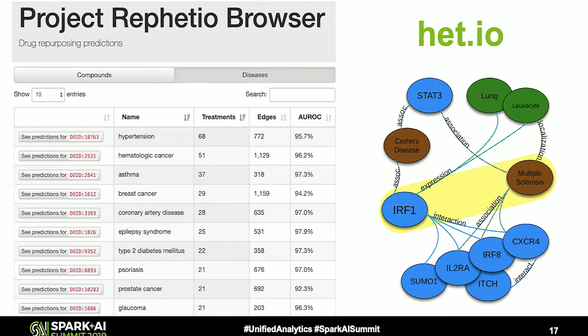But what they're able to do using link prediction is to follow the secondary, the tertiary paths and try to estimate that this gene may actually have some influence on multiple sclerosis. Very interesting, but it also means that the drugs that target IFR1 might also be a good target for multiple sclerosis. So it's a way they can help bring drugs that are already out there and tested faster to the market and use them for alternative uses. So that's just one example that's kind of exciting.